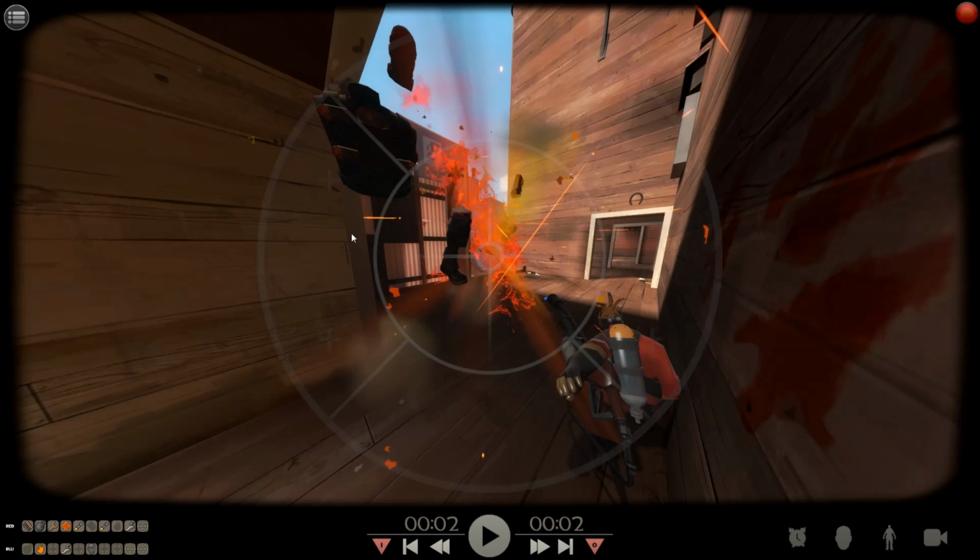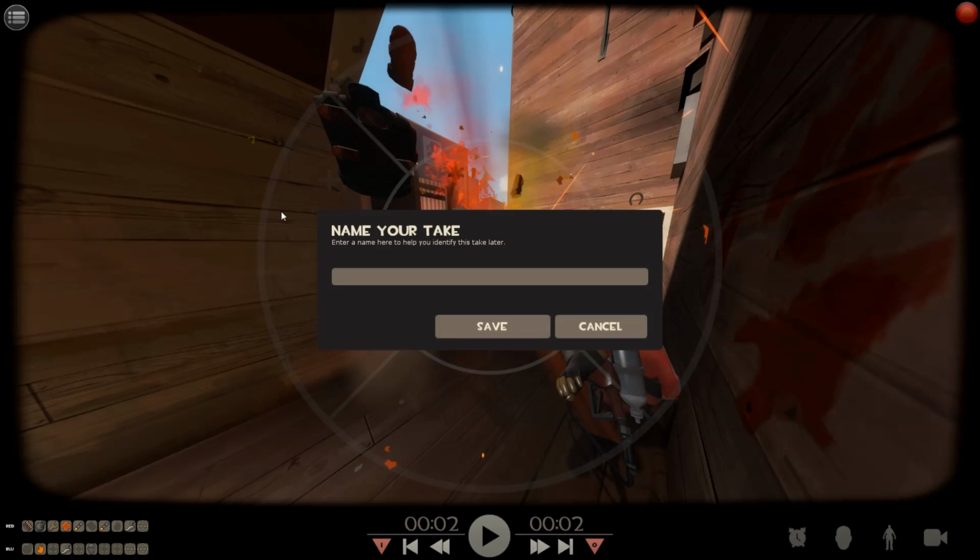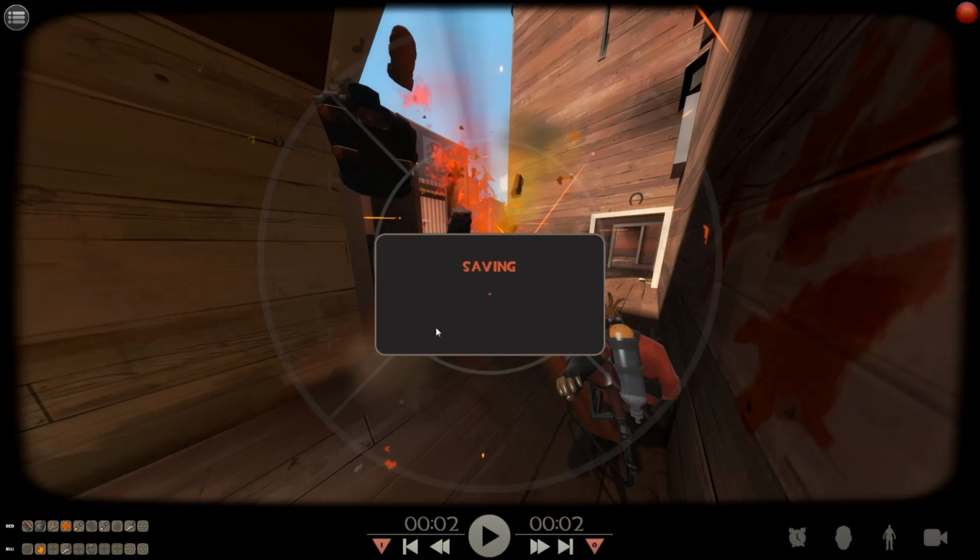When you're done, you can also click the button at the top left there and just save it, and you can name your take. So I'll name this demo fail or something, and then just click save, and it'll save it,